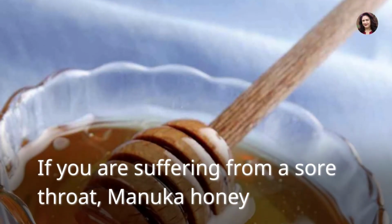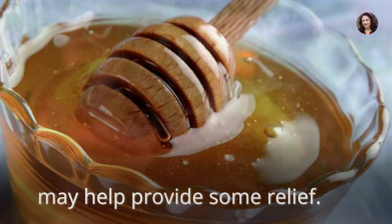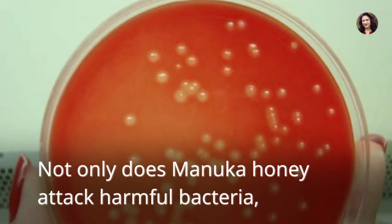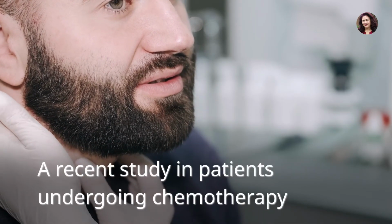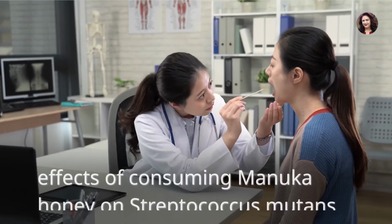Soothe a sore throat. If you are suffering from a sore throat, Manuka honey may help provide some relief. It can reduce inflammation and attack the bacteria that cause pain. Not only does Manuka honey attack harmful bacteria, it also coats the inner lining of the throat for a soothing effect. A recent study in patients undergoing chemotherapy treatment for head and neck cancer observed the effects of consuming Manuka honey on